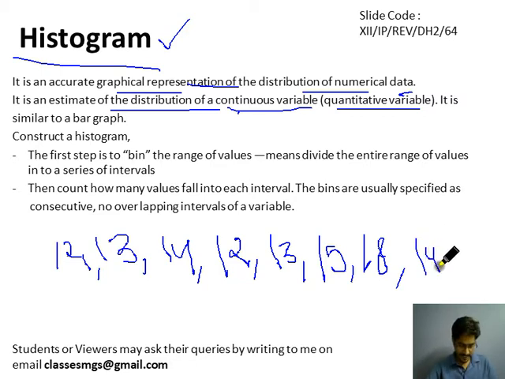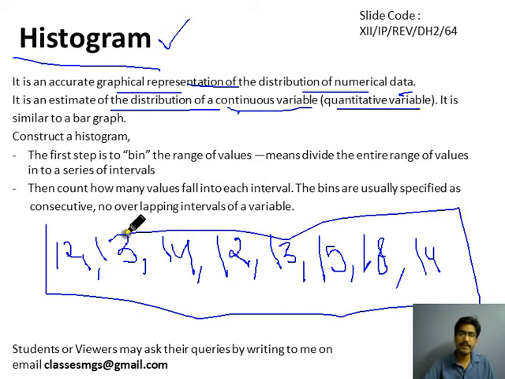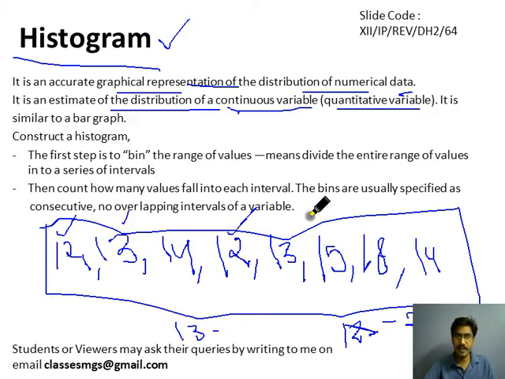If the data is given like this, what we do in a histogram is show the data with its frequency. What is the meaning of frequency? Let's suppose, what is the frequency of 12 in this? The frequency of 12 is how many times 12 is repeating. 1, 2, two times it is repeating, so the frequency of 12 is 2. Similarly, we calculate the frequency of 13. 13 is repeating 1, 2, so the frequency of 13 is also 2.